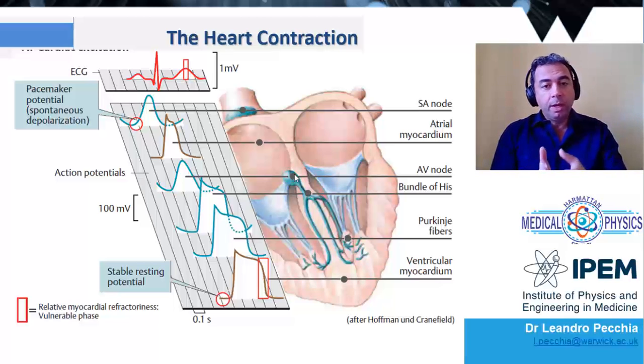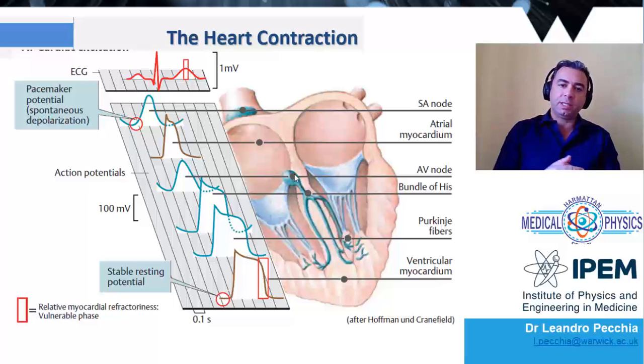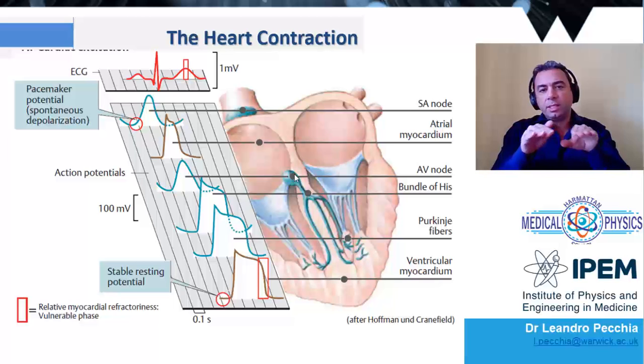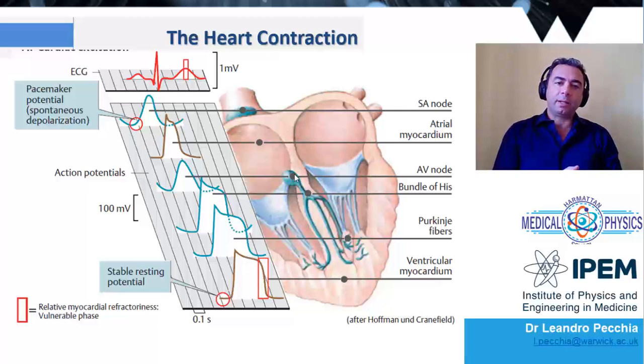But it has to be slower, in order to give to the sinoatrial node the time to do its own job and trigger the atrioventricular node and the other cells. And then from the atrioventricular node, the stimulus gets down to the ventricular myocardium, where it is released to the muscles. And those are muscles, therefore they have the plateau. And in this case, the plateau is larger than the one we have seen in the atrial myocardium. And the fact that there is a plateau, and this plateau is larger towards the base of the heart, this is what really guarantees